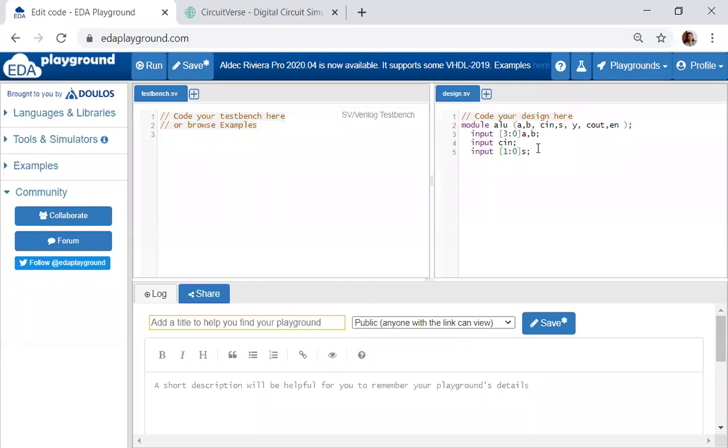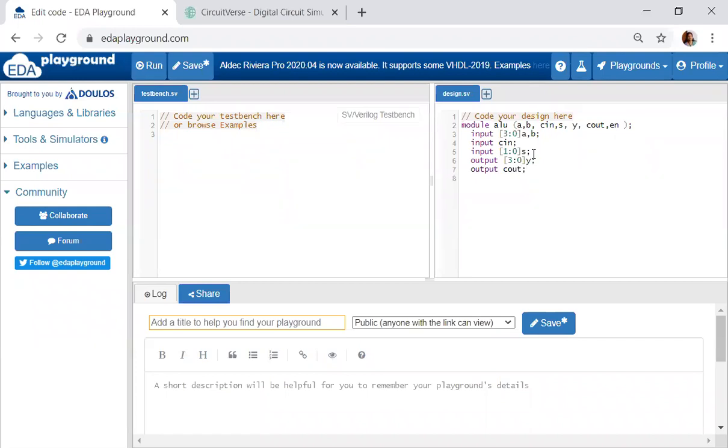Then I'll get an output Y. So my output is Y. What is the size of Y? 4 bits. When you add two 4-bit numbers with a ripple carry adder, what result do you get? You will get a 4-bit output along with a carry out. So this should also be 4 bits only, 3 down to 0. This is one particular ALU which I am showing, 3 down to 0, Y. And I should also have an output Cout. Okay, these are your inputs and outputs.